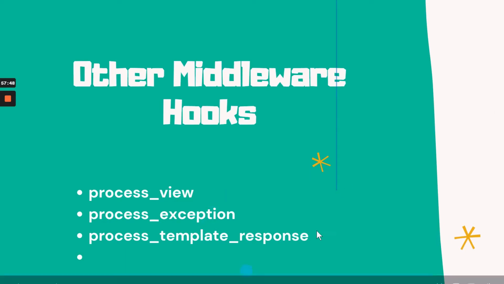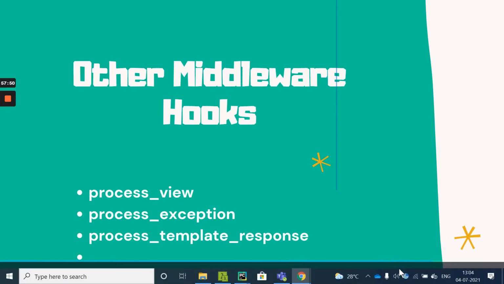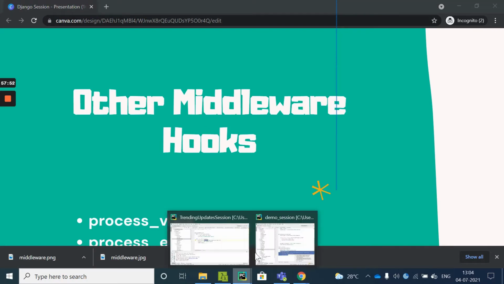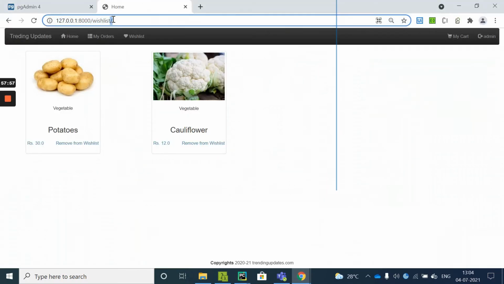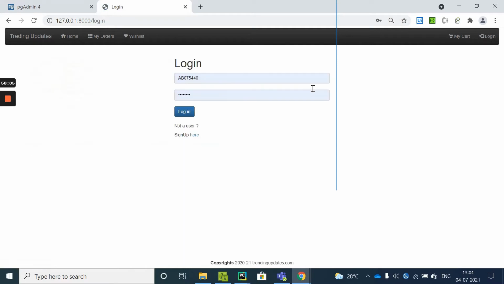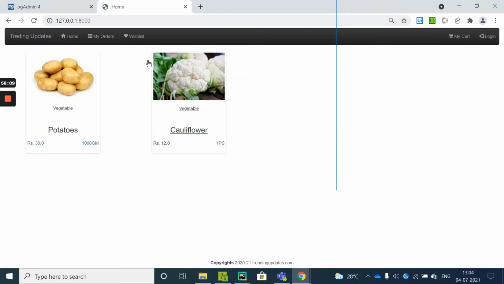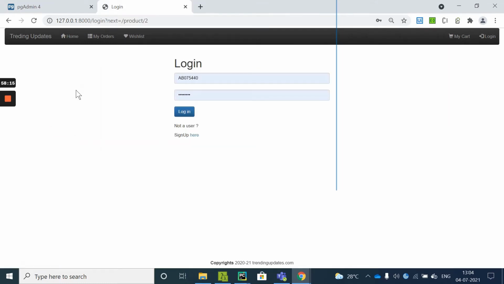We'll also see how to create custom middlewares in Django. We have one use case for discussing this custom middleware. First, when we come to our home page, we had put certain limitations for accessing the website for the public user. You can see the home page is visible to all the users, but the detail page is not visible unless and until you log into the system.